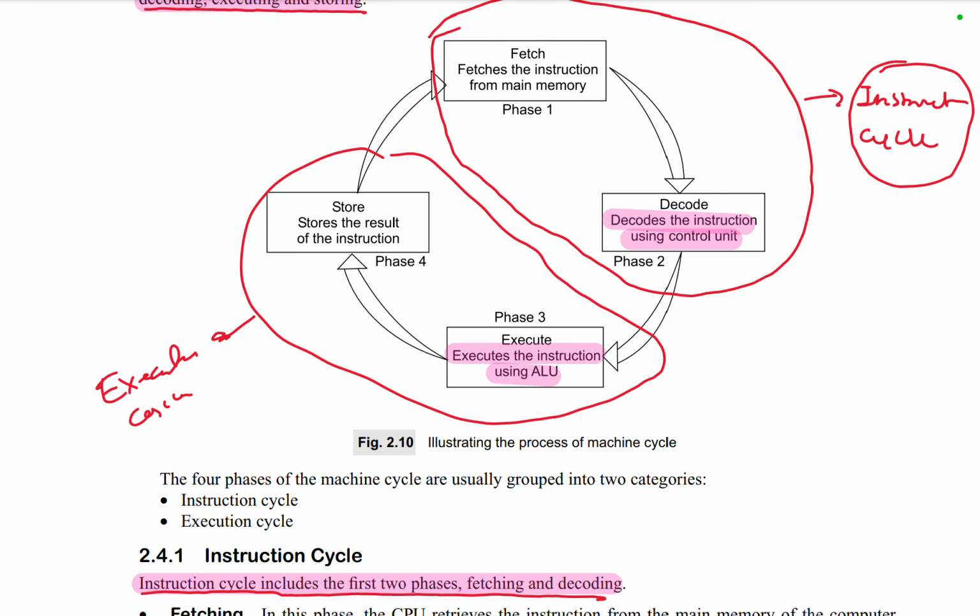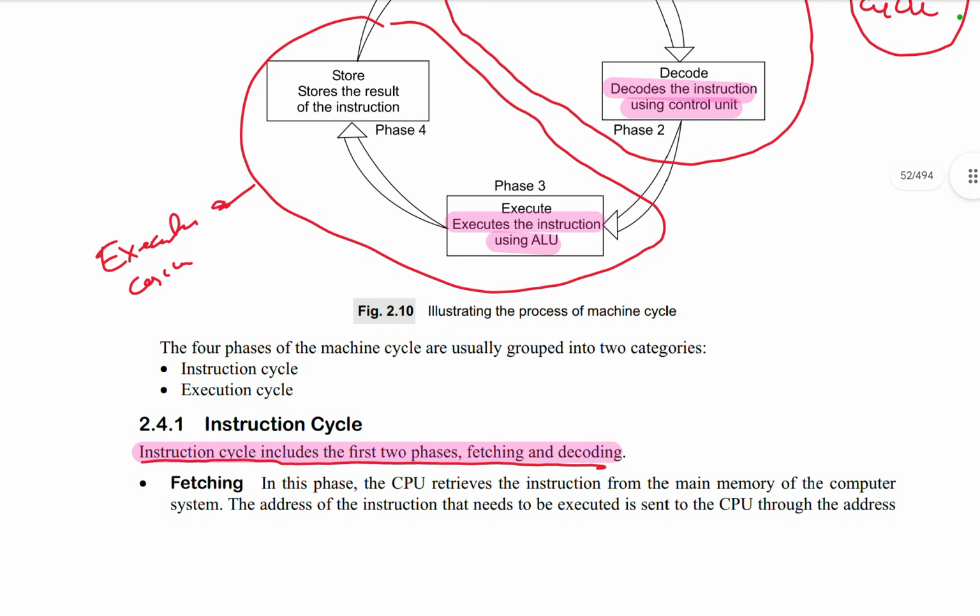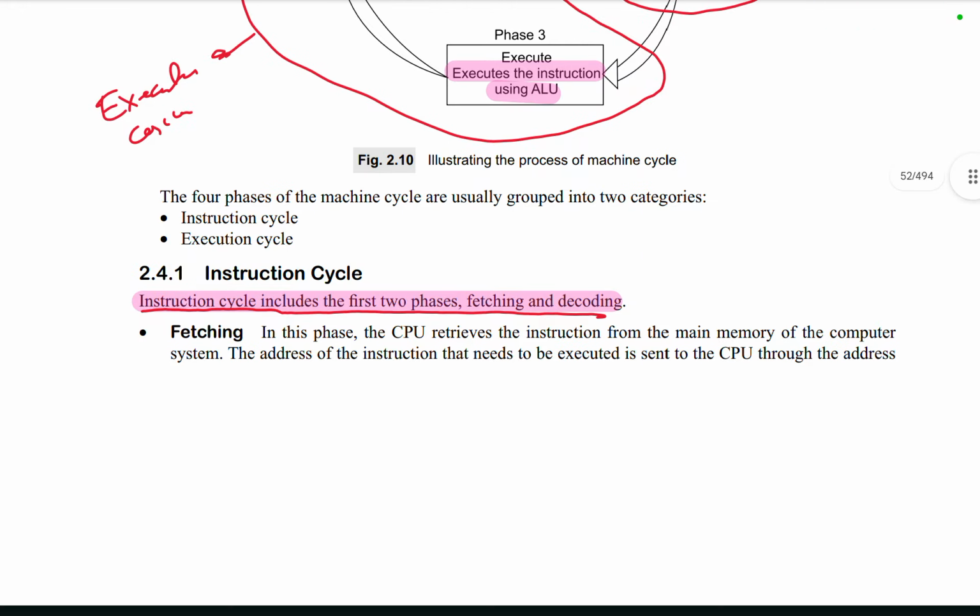Fetching fetches the instruction from main memory. Decoding decodes the instruction using the control unit. Executing executes the instruction using the ALU. Storing stores the results of the instruction. Instruction cycle,